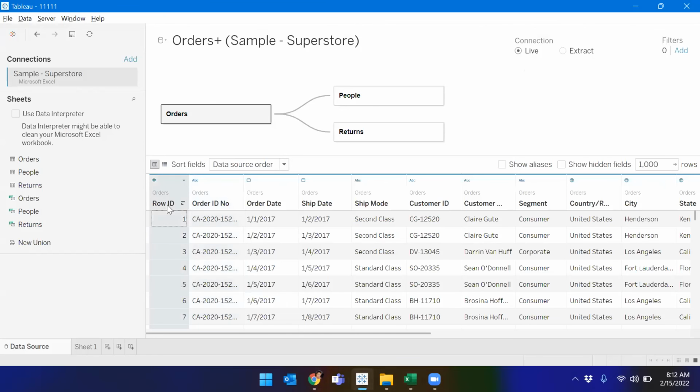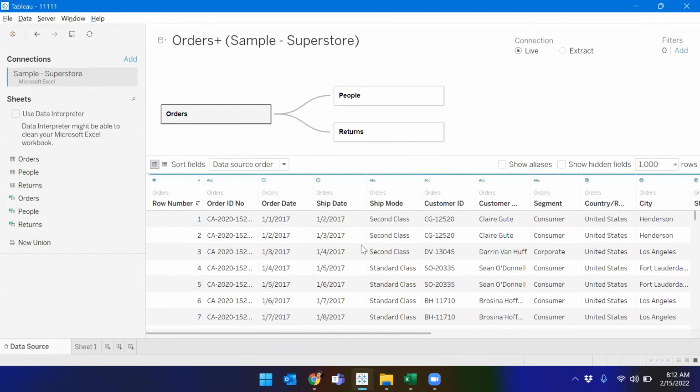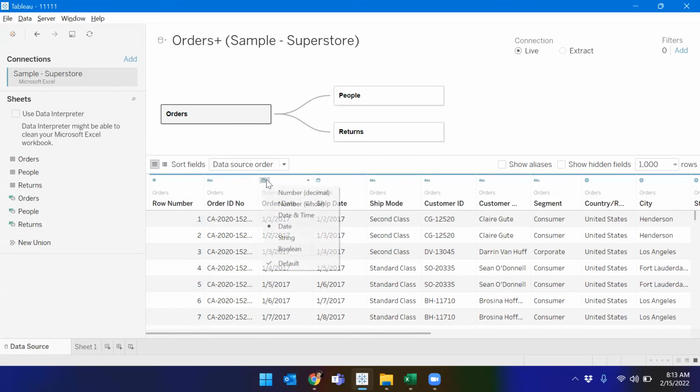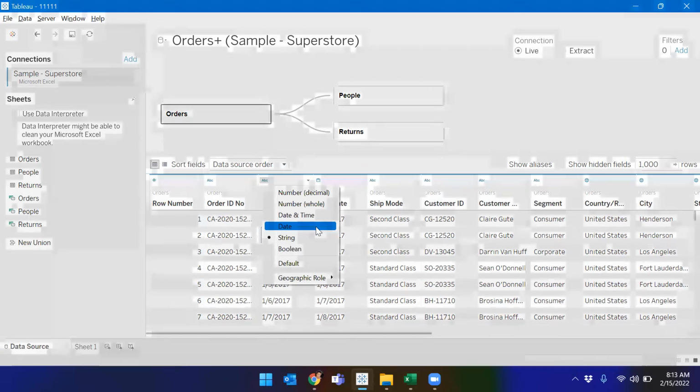And as I told you, we can also change the names here, like row number, something like that. If this data has some discrepancies, we can also change the data type from here. You can always change the data type. As I told you, ABC is a string value, and for this date field, the type is wrong. Date will not be in string values. It will always be in date or date and time values. You can always change